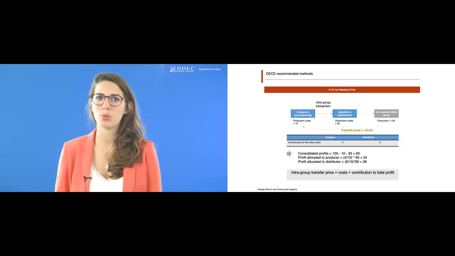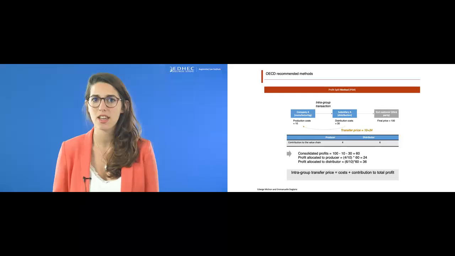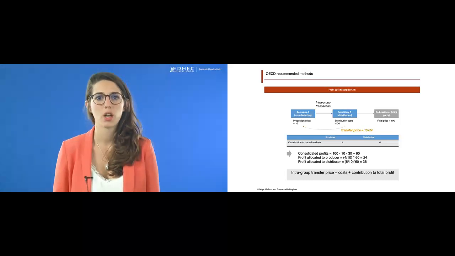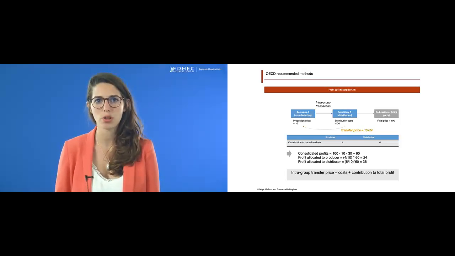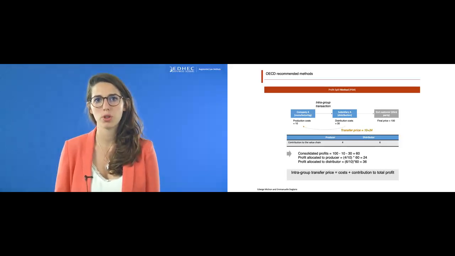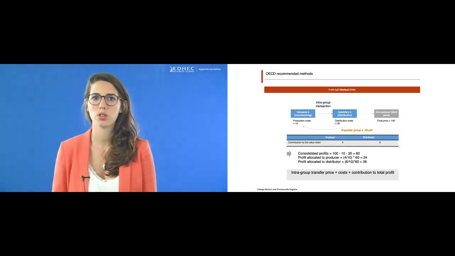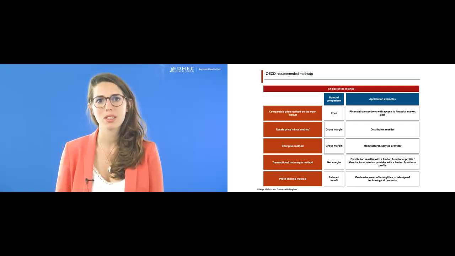Now, let's remember that we are trying to determine what price the subsidiary has to pay Company A for the products it bought. Company A must cover its costs and receive 24 of benefits. So subsidiary A will have to pay Company A the equivalent of its cost plus the benefits allocated, meaning that the transfer price will be 10 euros, the cost borne by Company A, plus 24 euros being the benefits, equals 34 euros. To sum up, let's see the global picture here and look, for each method, what the comparability process